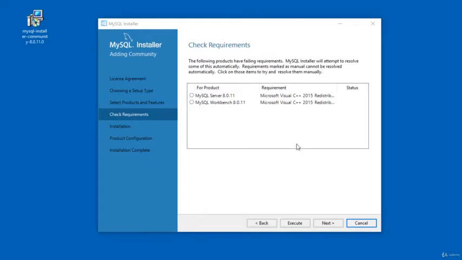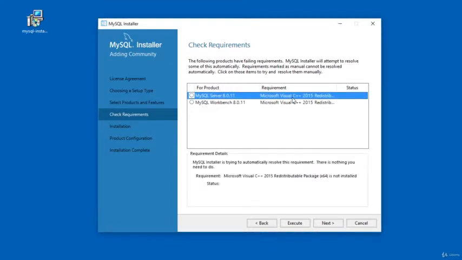Depending on pre-installed softwares, you may or may not require to install other essential softwares. Here in my case, I need to install Microsoft Visual C++ 2015 redistributable package. Select the required software and click this execute button.